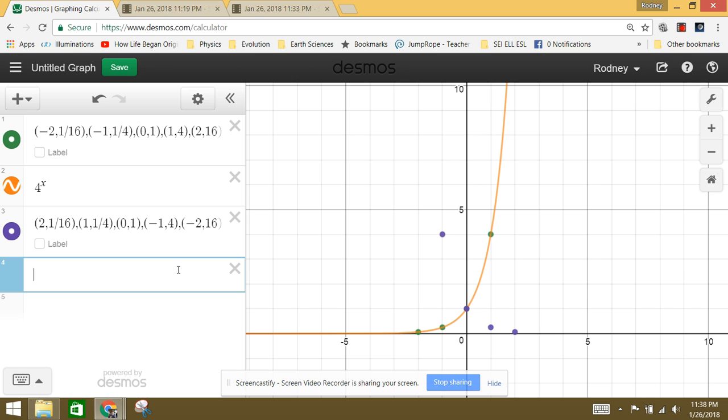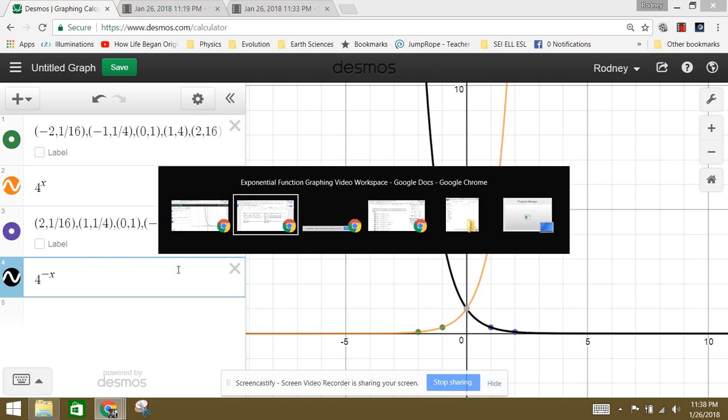It is literally a mirror image. That's why we call it a reflection. So we'll plot this 4 to the negative x, and it works. Okay. Now,